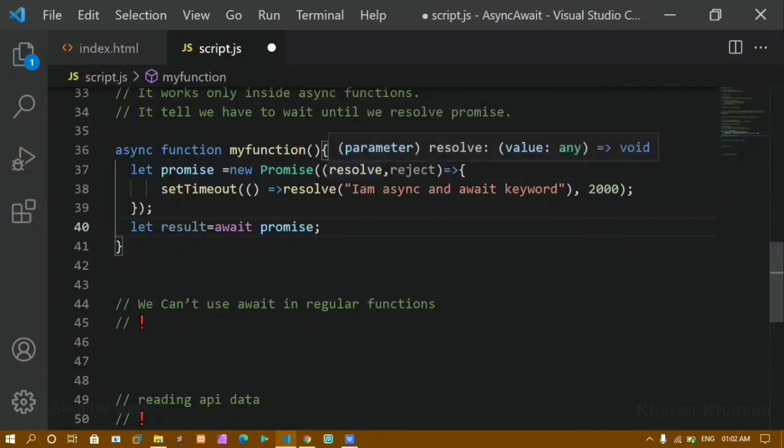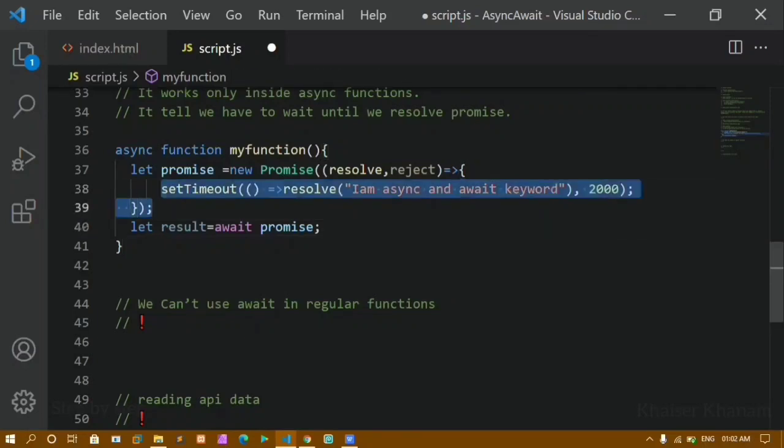This function will be having two arguments, resolve and reject. Now inside this function, I'm just setting the timeout. After 2 seconds, I want to display this data. Okay, now once I come out of this setTimeout function, I'm just creating one variable